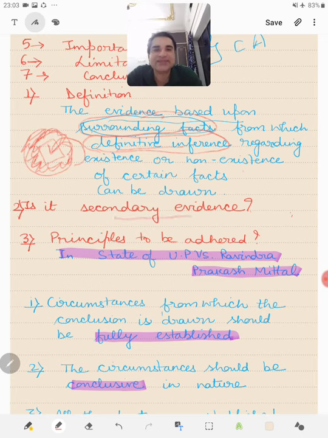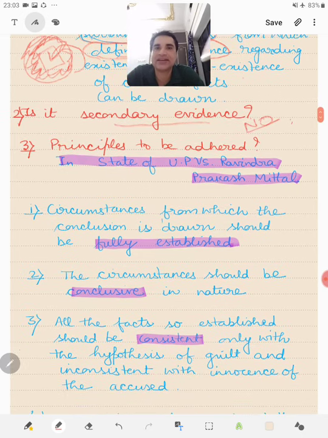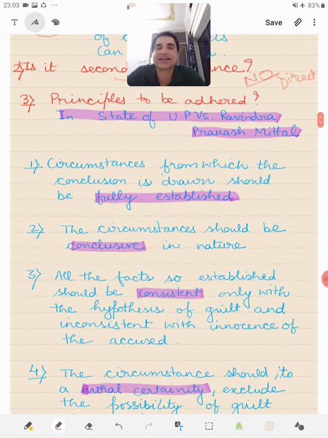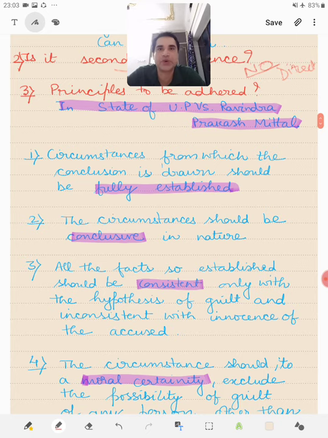Then, is it secondary evidence? Friends, no. It is not a secondary evidence. Rather, it is said that it is direct evidence applied indirectly. Now, what are the principles to be adhered to while dealing with circumstantial evidence? We will discuss two important case laws in this, and then we will also find out the basic crux of all these decisions. In State of UP versus Ravindra Prakash Mittal, this was an important case, and in this 4